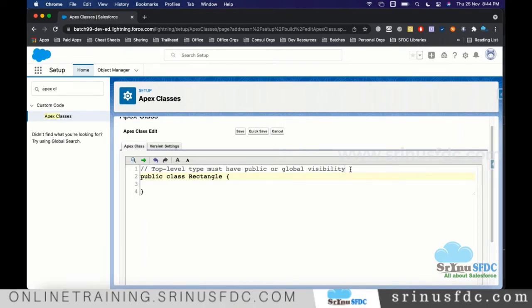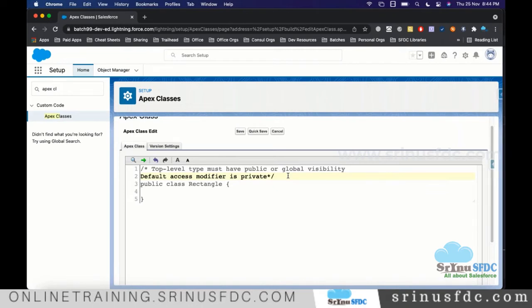And to include one more point, the default access modifier is private. When you have multi-line commenting, multiple lines of comments, one more way of keeping comments is to use slash star, and where you want to end it, star slash.